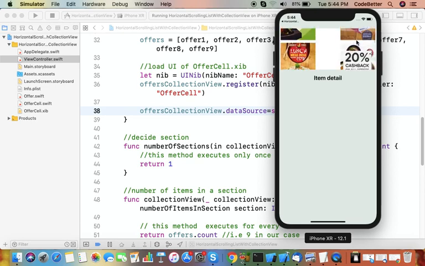If I scroll it vertically, you can definitely see the data. Why is this happening? Because by default scrolling is vertical. So you have to make the scrolling horizontal first.